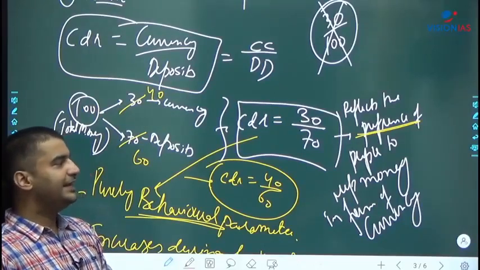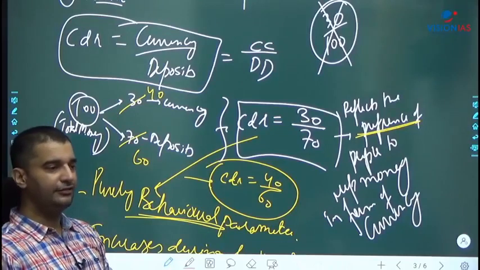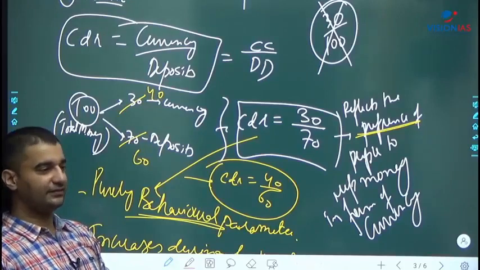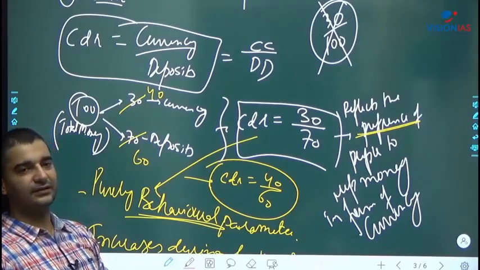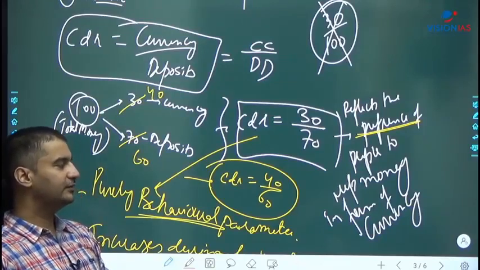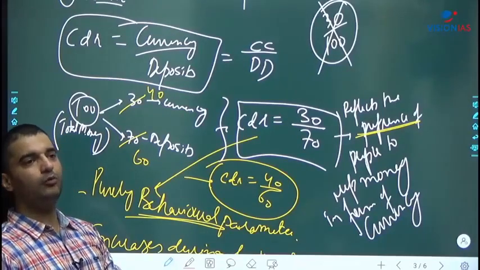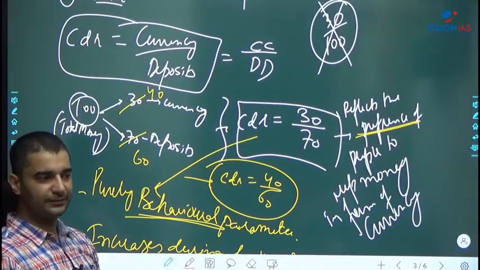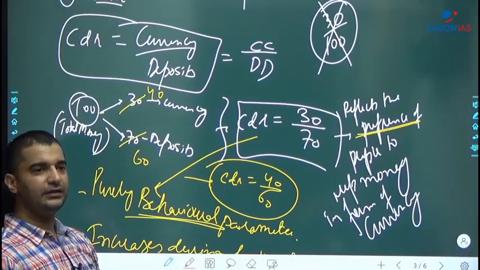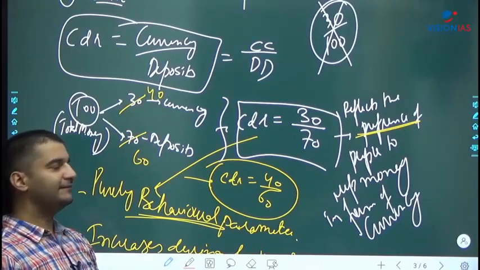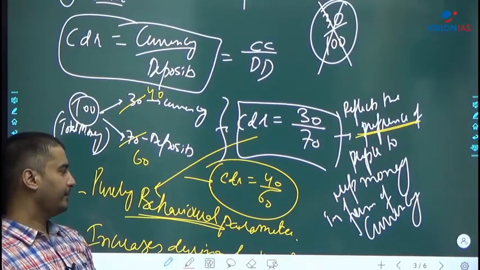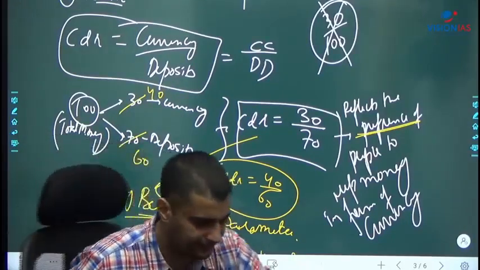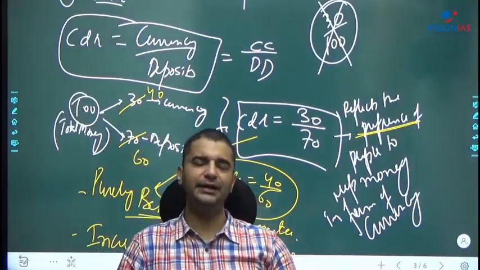Write down, CDR reflects people's preference to keep money in form of currency. Full stop. It is a behavioral parameter,